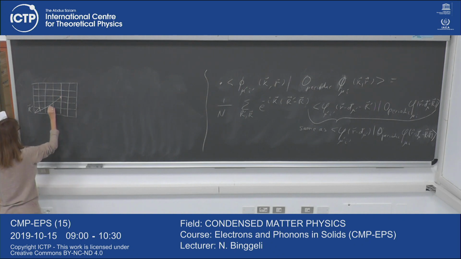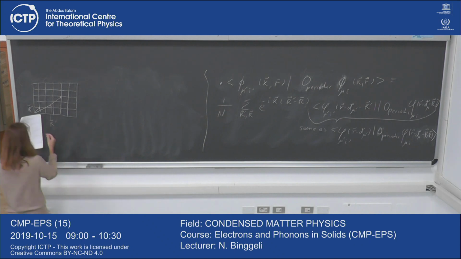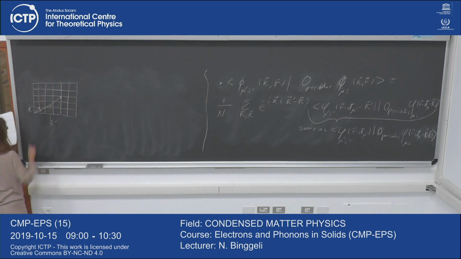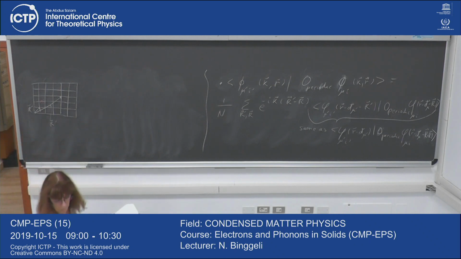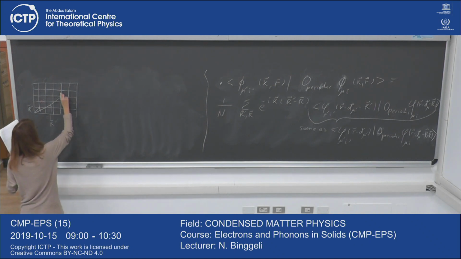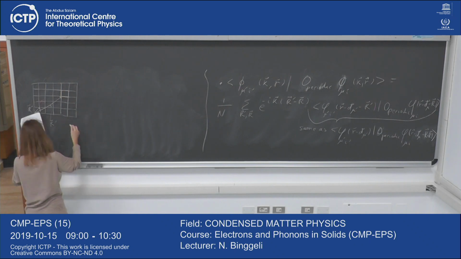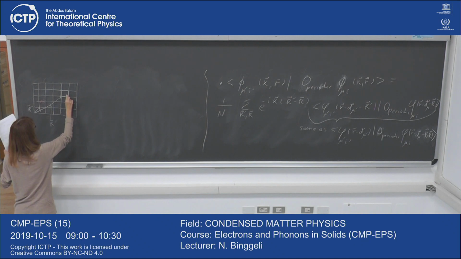So this is the vector r. And I have an atom, let's see, I'll take some color. So I have an atom here in red, that would be the atom mu prime, in this cell r prime, and then I have an atom in this cell r that is an atom mu,